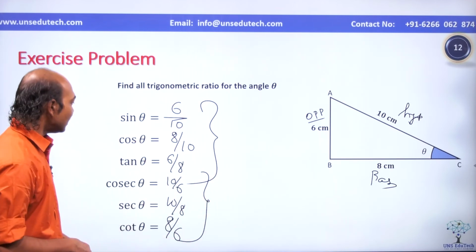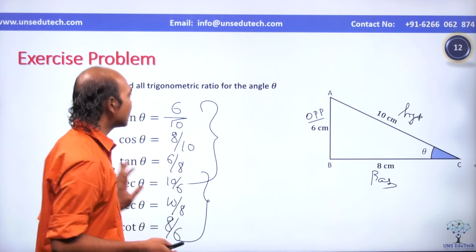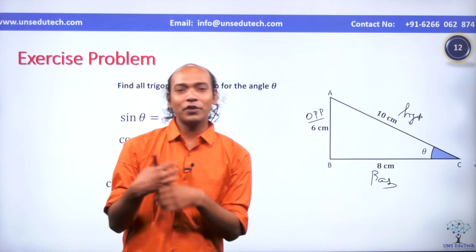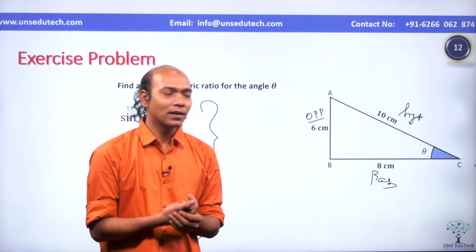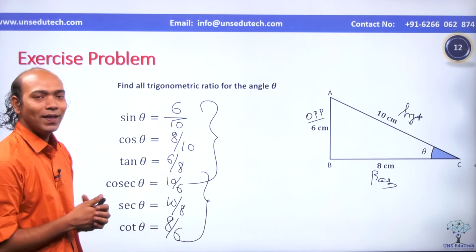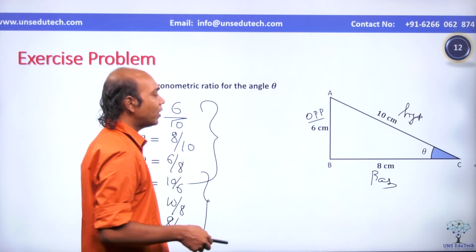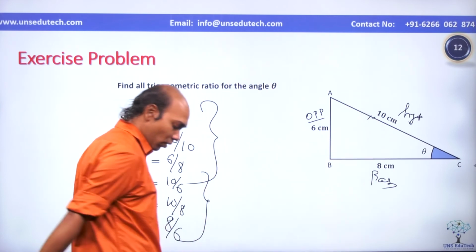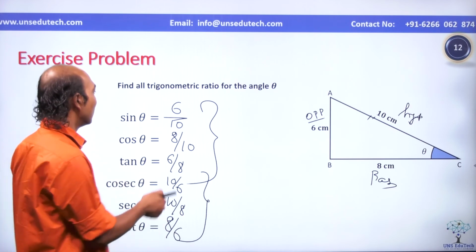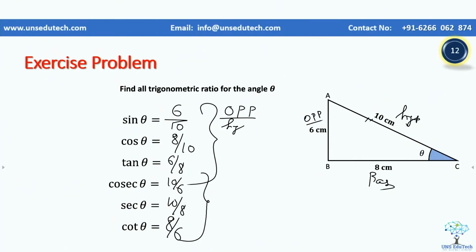Now, mostly for the first exercises or first lesson, you are asked to solve similar kinds of problems where different sides are given for different right angle triangles. You have to find the sine theta, cos theta, tan theta values. Here, one thing you will observe. For a right angle triangle, it is obvious that hypotenuse AC is the longest side. Now, when hypotenuse is the longest side, for sine theta, that is opposite by hypotenuse, and